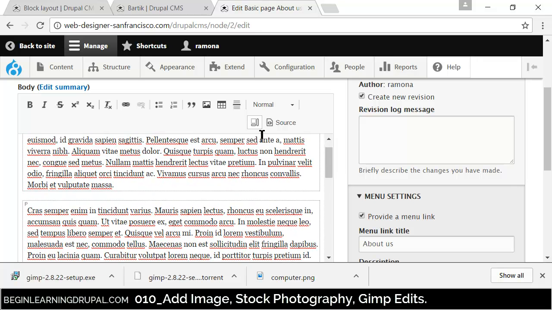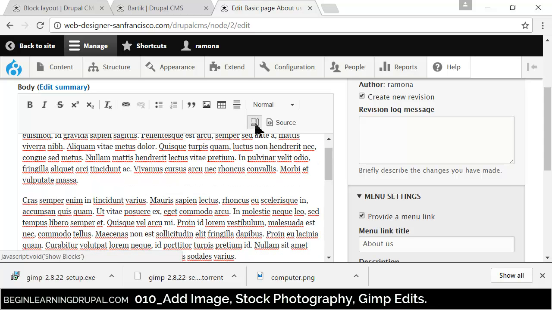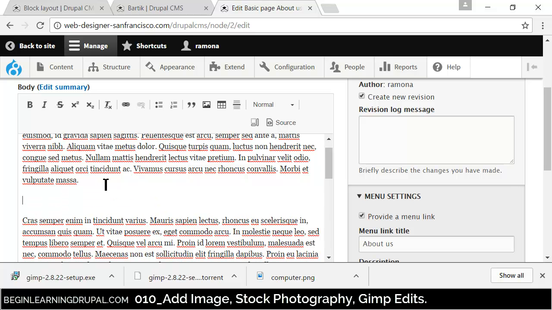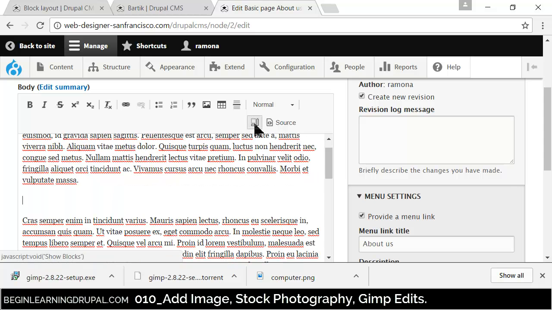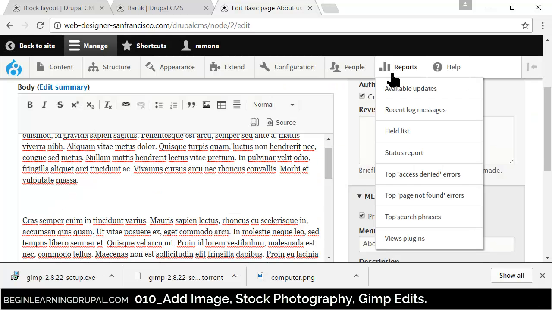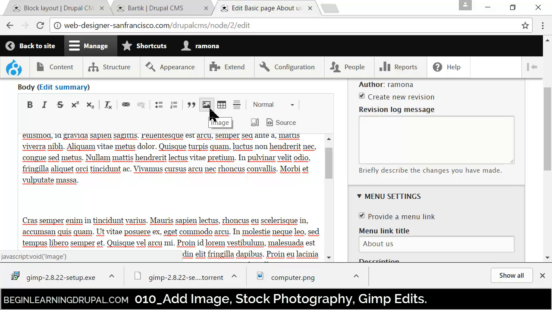So if you're uncomfortable doing that, don't worry, just click that again and just select an area right after this little paragraph, and if you click on this again, you'll see that there's another p tag created. Now I just want to create a simple area just to place my image, so I'm going to select this little thing. If you missed it, it's this little thing that looks like a mountain right next to the table